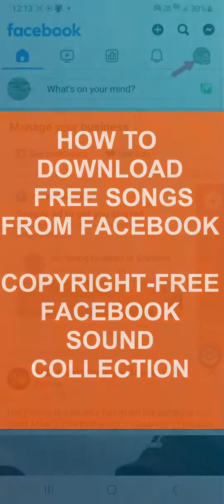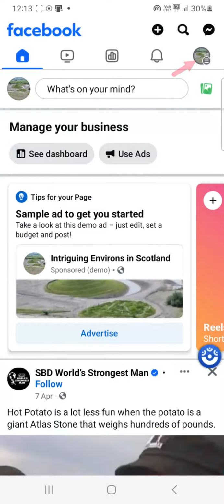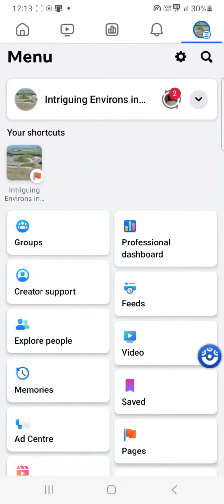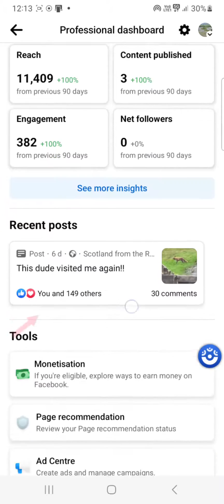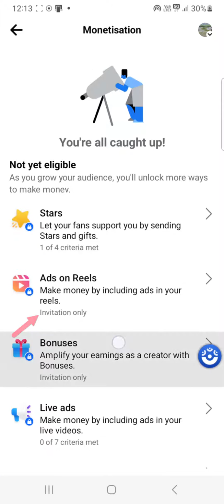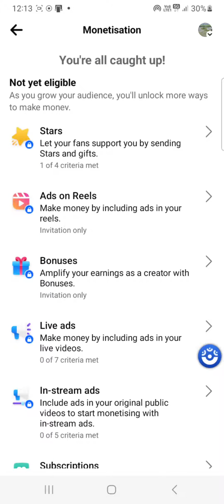Here is how to get copyright free songs from Facebook. Go to that three dashes up there, click on that, then navigate to professional dashboard and scroll down to get the monetization. Just click on that monetization, and then under not yet eligible, you will see a lot of incentives